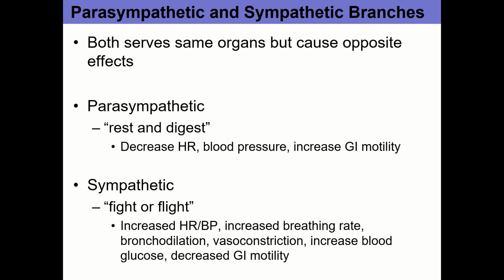So the sympathetic branch then, remember that's fight or flight. So it does all the things that we do during exercise is kind of a way to think about it. The responses to exercise or being scared are pretty similar. So during exercise, you're going to see an increase in heart rate, going to see an increase in blood pressure. Obviously, your breathing rate increases. We talked about bronchodilation, opening up the vessels inside of the lungs. You're going to get actually general vasoconstriction. So vasoconstriction means closing down blood vessels. And so the effects of